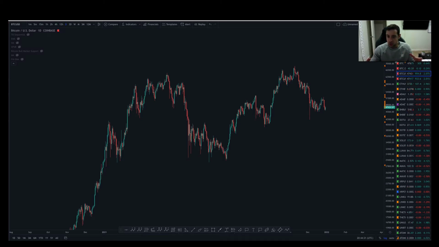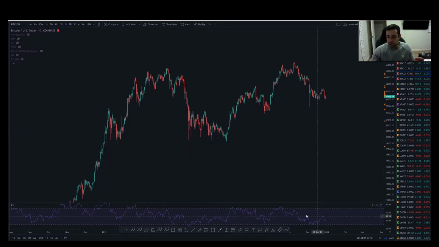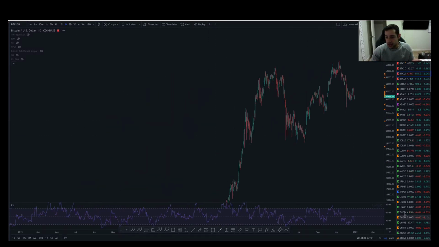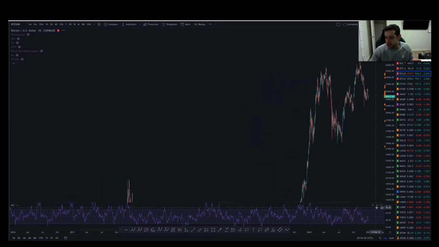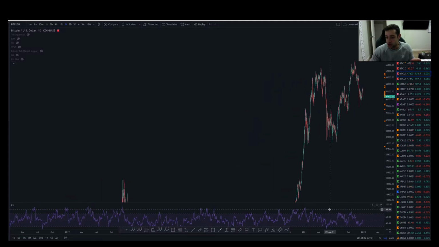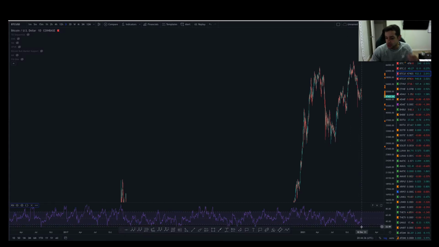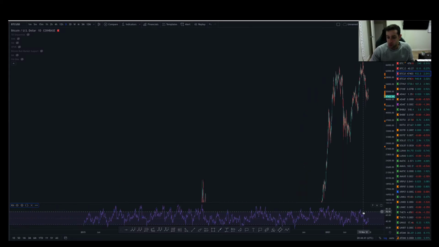Okay, so the first thing that I'm going to do is get up my RSI, which is down here. What I tend to do to give me that first indication that we're either overstretched on the long side, or getting oversold where we can start looking for longs, is this: most people will use the RSI as a 70 for an overbought region and a 30 for an oversold